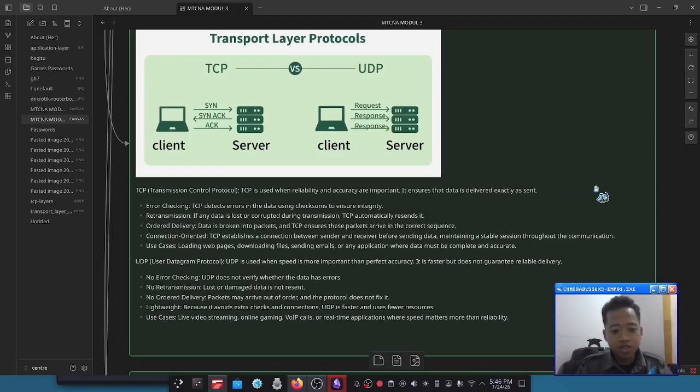The TCP, or Transmission Control Protocol, is used when reliability and accuracy are more important. It ensures that data is delivered exactly as it's sent. There is error checking, retransmission, ordered delivery, connection-oriented, and use cases like loading web pages, downloading files, sending emails,